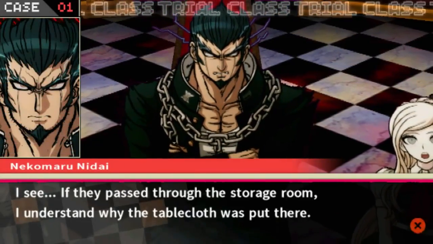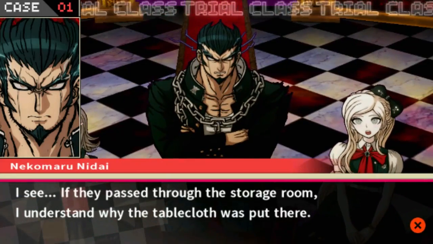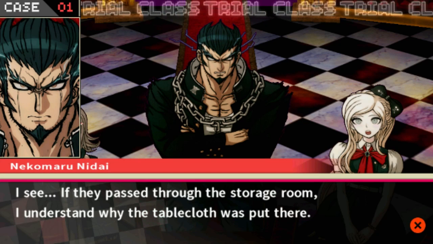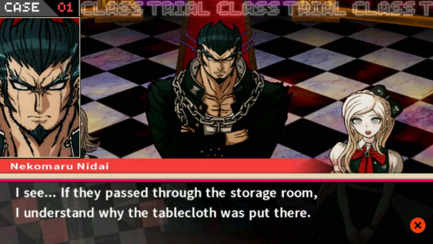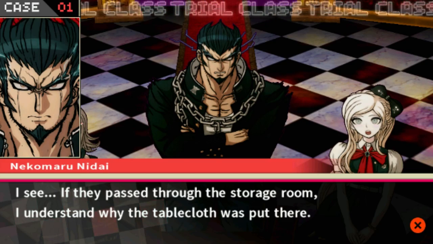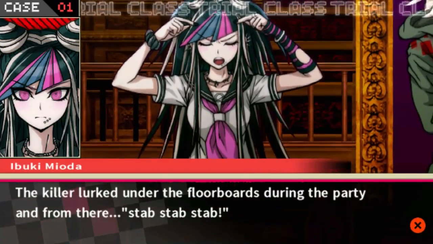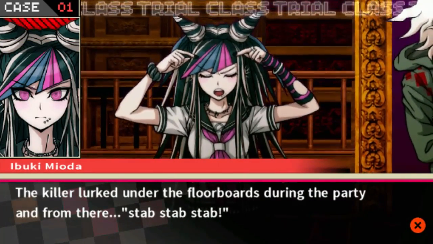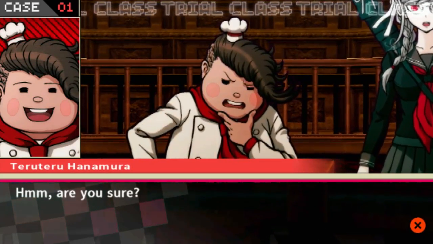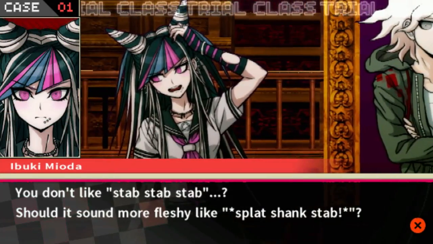I see. If they passed through the storage room, I understand why the tablecloth was put there. I'm confused right now. Like, how would they have known somebody was gonna be under the table the entire time? The killer lurked under the floorboards during the party, and from there, stab, stab, stab! Are you sure? You don't like stab, stab, stab? Should it sound more fleshy, like...